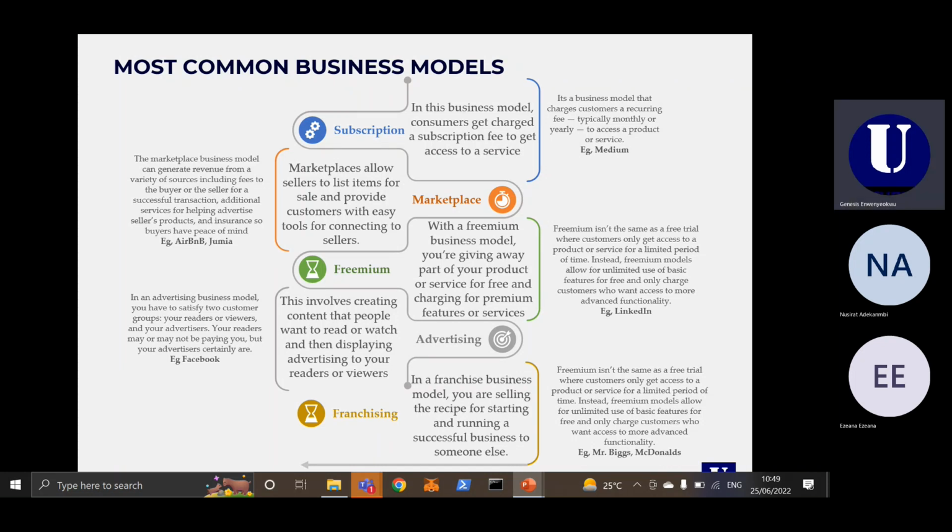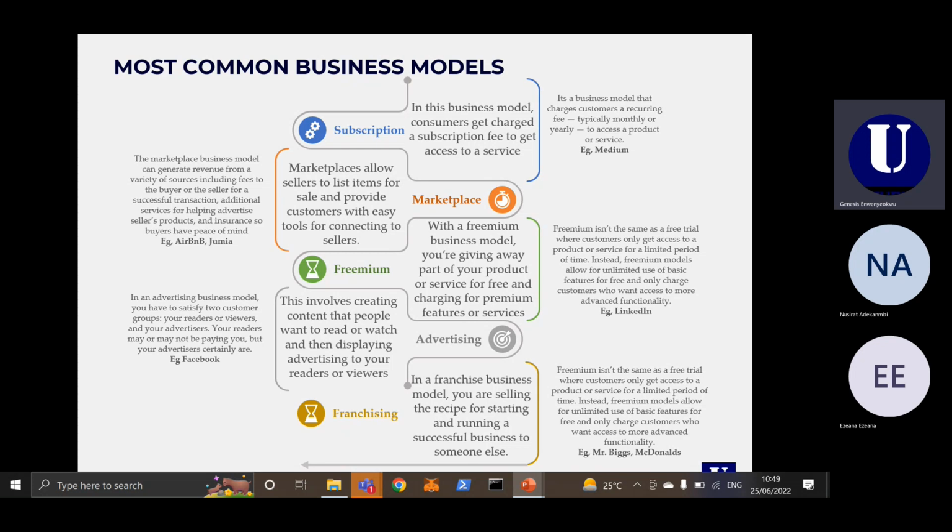Another model that is also common is a franchising business model. This is something that is common with the fast food industries like Mr. Biggs. And in a franchise business model, you are selling the recipe for starting and running a successful business to someone else. So I want to start a fast food restaurant. Instead of starting Genesis Foods and building the business from scratch and trying to gain market share, awareness, prominence,